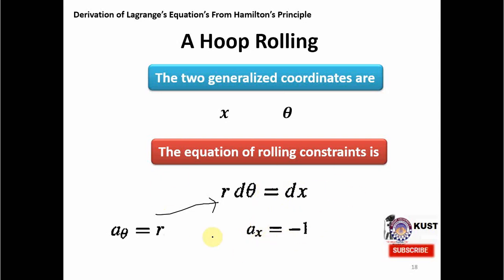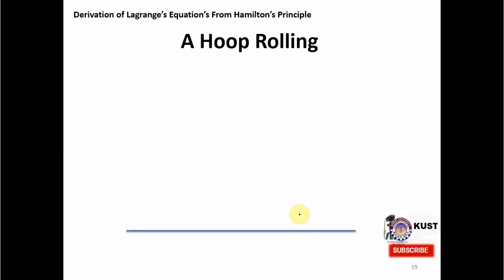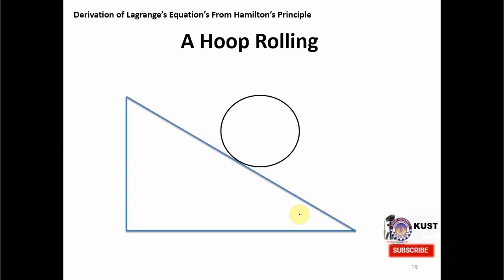So to see how it is possible, let's go towards a schematic diagram. Imagine that we have this hoop which is rolling down this surface, and here is the angle theta. This is one of our generalized coordinates. As you can see, when this hoop rolls down, this theta changes, and the distance from this point of contact is called x. So these are the two generalized coordinates we are using for this hoop rolling down.